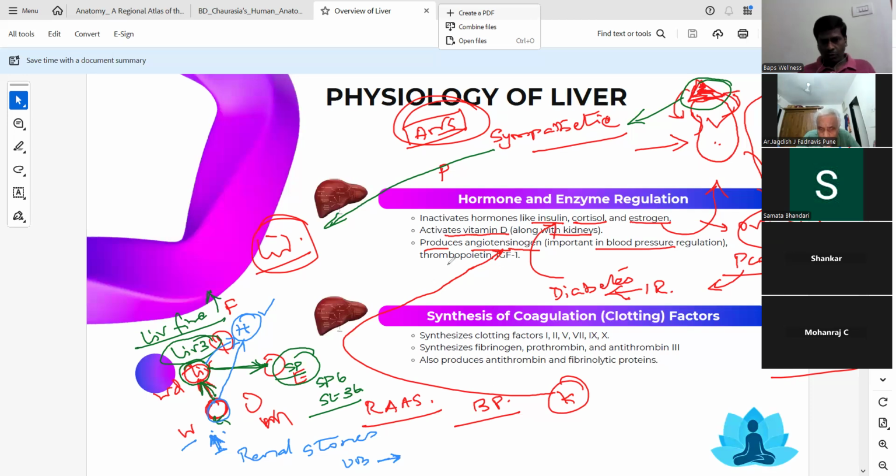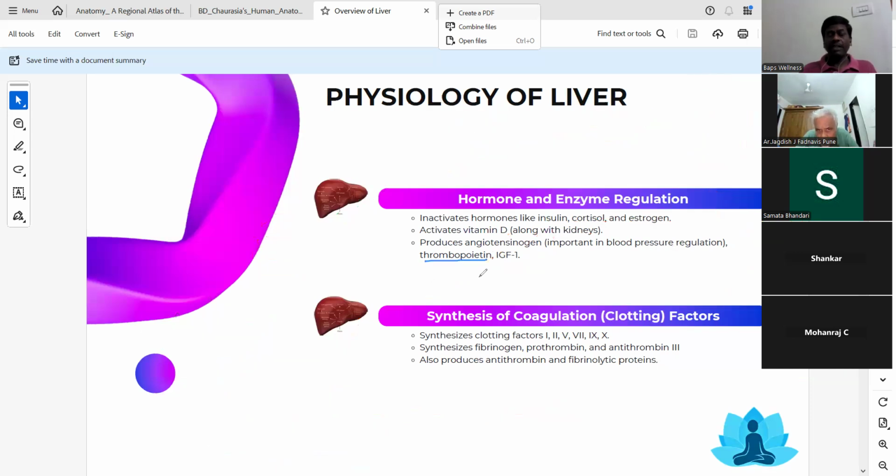Okay. Thrombopoietin, thrombocytes are the platelets. So the liver produces thrombopoietin. Kidney produces erythropoietin, which promotes red blood cell production, and the liver is involved in thrombocyte production through thrombopoietin,